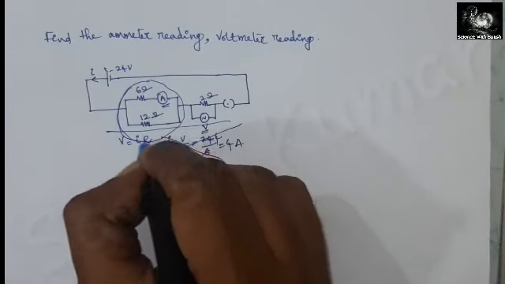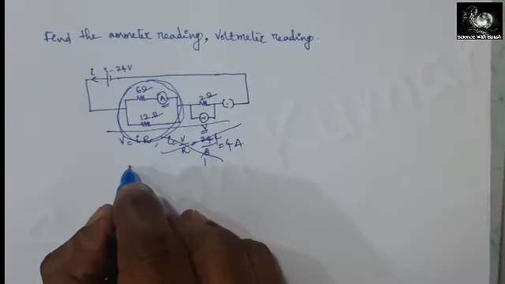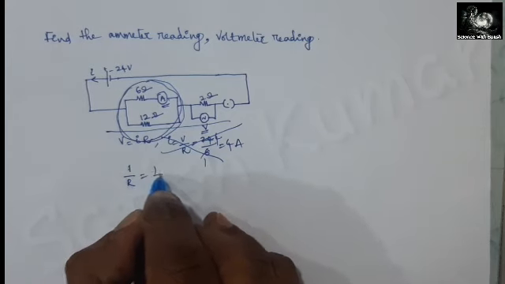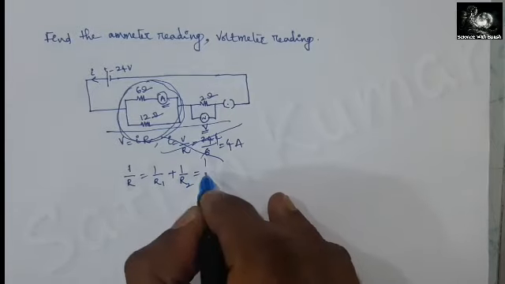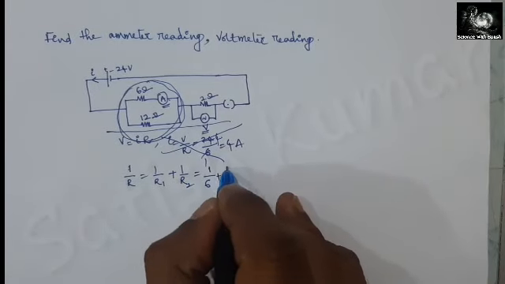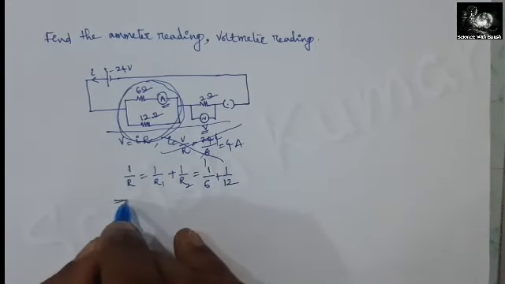First, let us find the resultant of these two resistors. For that, 1 by R is equal to 1 by R1 plus 1 by R2. This is the formula, so it is 1 by 6 plus 1 by 12, which implies 1 by R is equal to